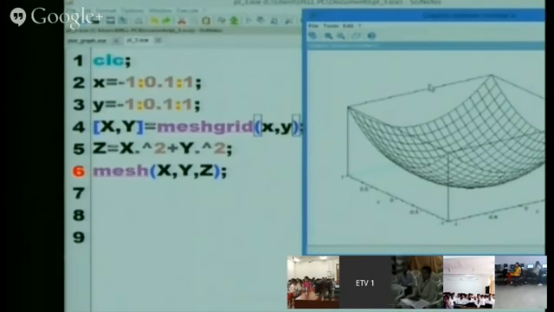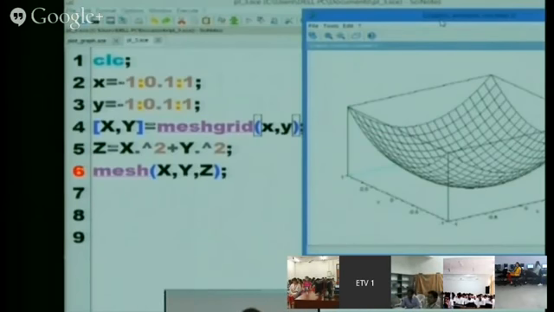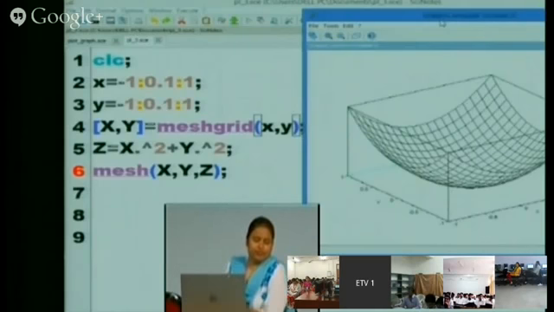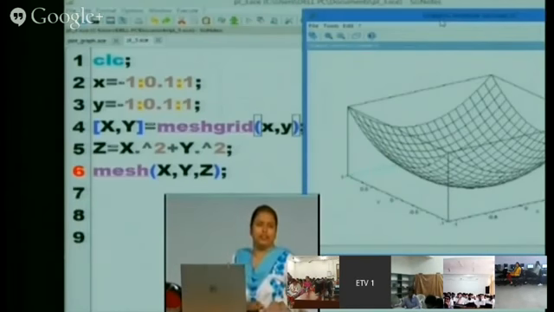As we have already told, the same declaration is there for x and y, and then the mesh keyword is there. Without the dot, the whole x will be squared or some error will come, because then only a single element will be there. So you can try this, then you will be able to know.